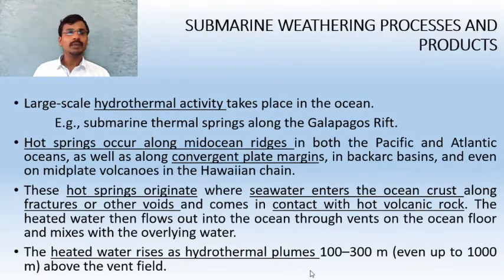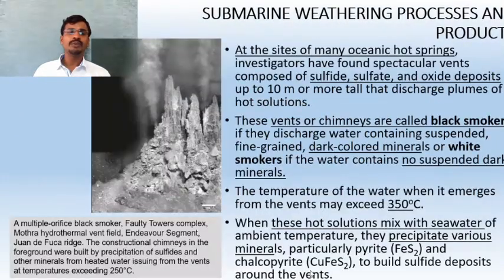So what happens? The water is heated up and flows out into the ocean through the vents on the ocean floor and mixes with the overlying water. So the heated water rises as hydrothermal plumes up to about 100 to 300 meters, or sometimes even up to 1000 meters above the vent field. You may see the same process in the figure shown in the slide, which is basically a multiple orifice black smoker, that I will be discussing shortly, found in